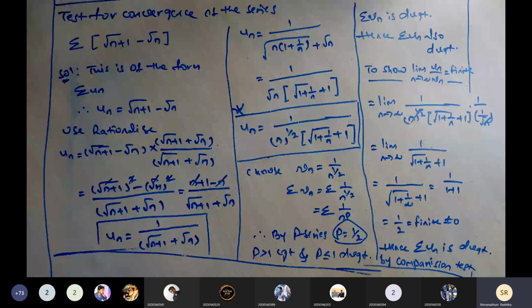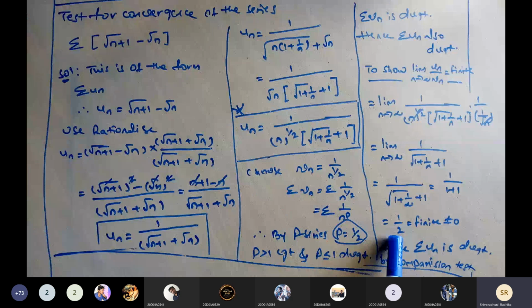This is the infinite value. Now the problem is not applicable for the comparison test. Because the comparison test is what? Summation Un and summation Vn behave in the same manner. If summation Vn is convergent, summation Un is also convergent. If summation Vn is divergent, then summation Un is divergent. But this holds only when the limit is finite. If we are getting any infinite value, then the problem is not applicable for the comparison test, and we choose another method to solve the given series.